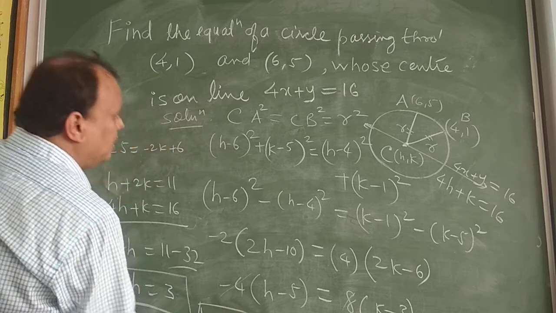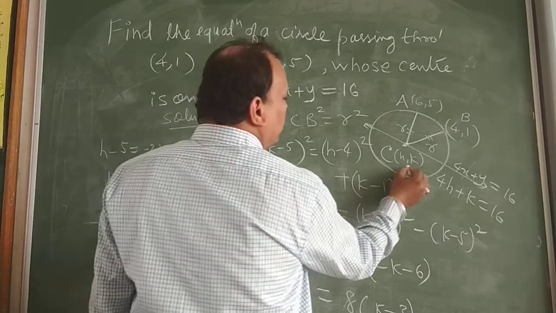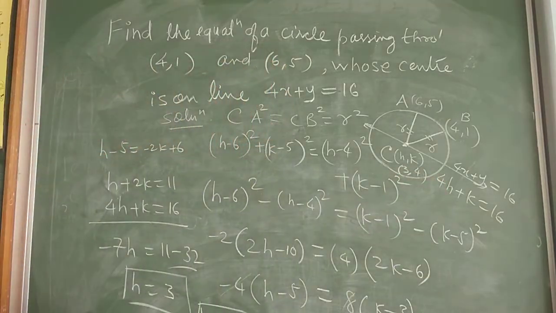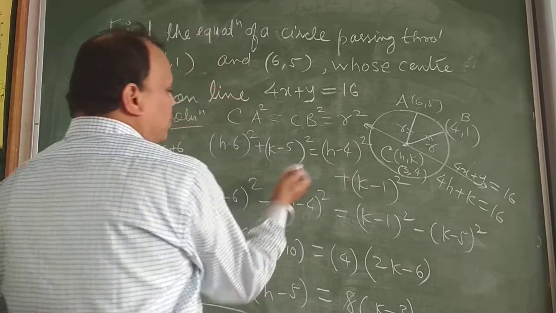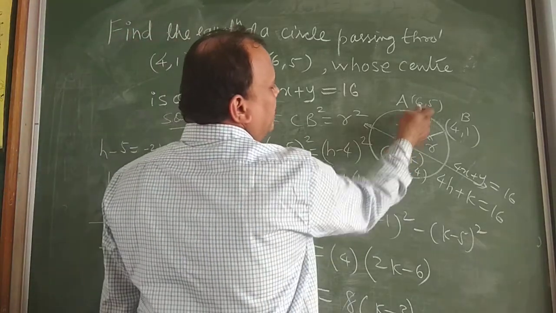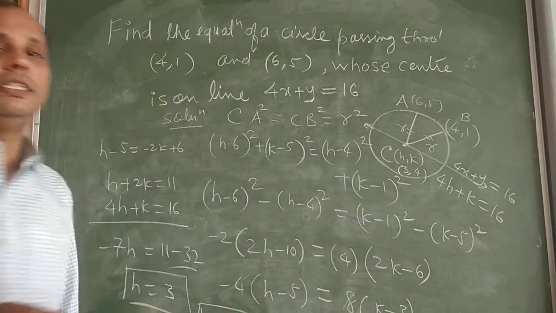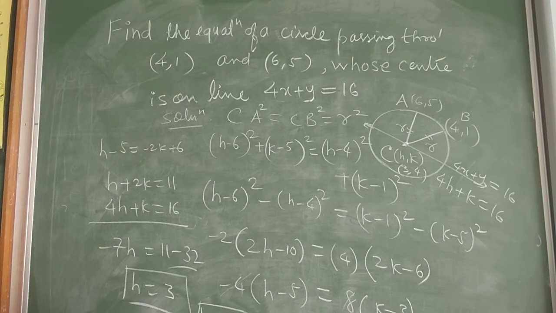We can easily write the center coordinates h, k. We have got 3, 4. We can depict it on the diagram which we have got, and then easily you can find the radius through this particular equation. Anywhere you put it, you will get the radius. Or you can directly apply the distance formula. So using the distance formula, you can easily get the radius if you have the center and a point on the circle.